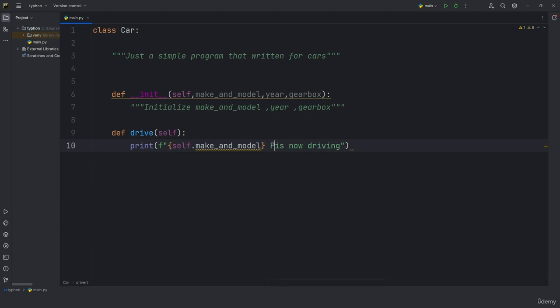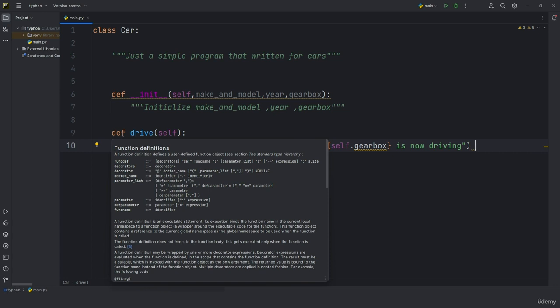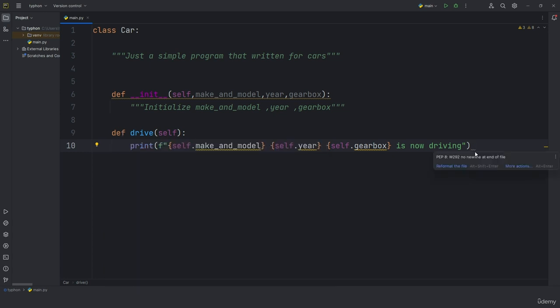Also we will add self.year, and also we will add self.gearbox. Gearbox is now driving, right? So for example, BMW 2015, BMW 528 E here, year 2015, and gearbox is automatic, is now driving, right? And after that we will add another